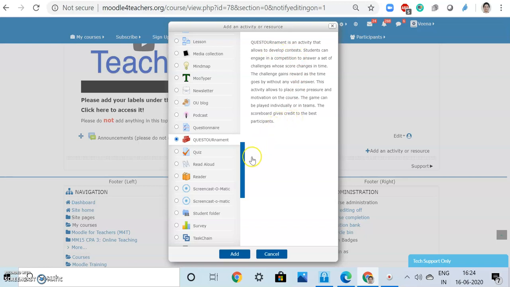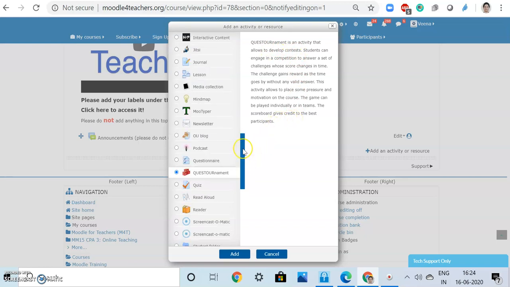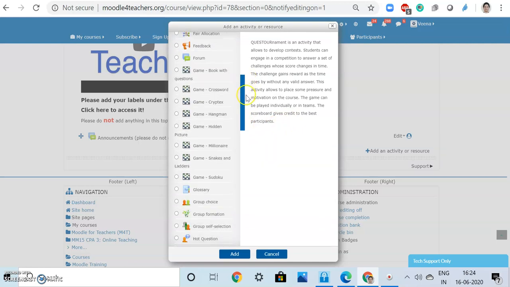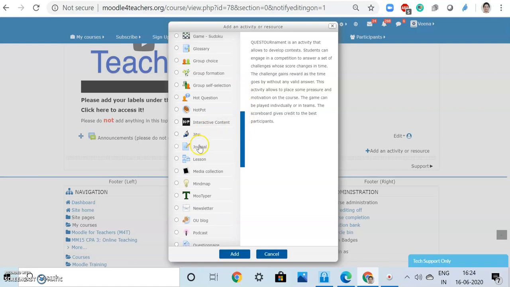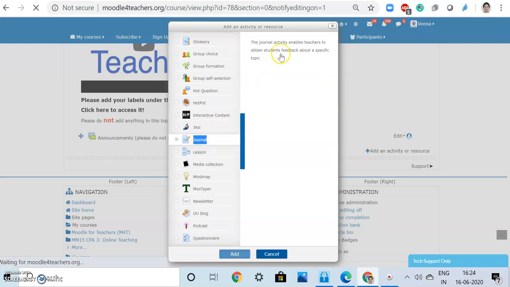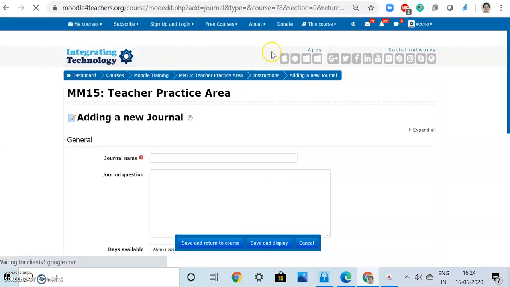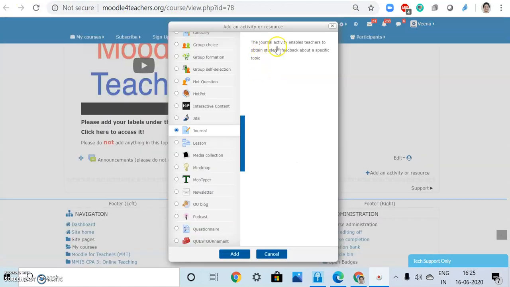Next, to have your material for students to keep them set up in a proper format, students can use journal, which helps the teachers to obtain. So the journal activity enables the teachers to obtain students' feedback about a specific topic.